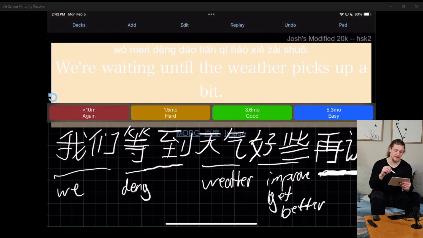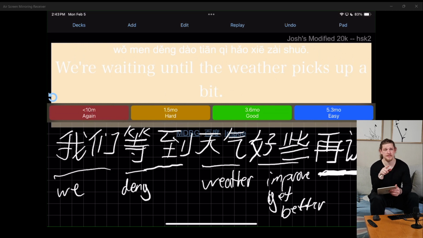我们等到天气好些再说。 Alright, so if you're doing it at home, you can take your pen or your finger